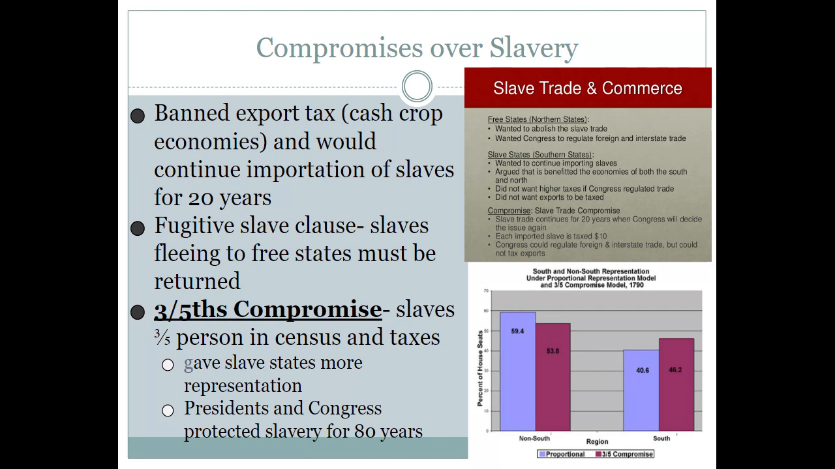In particular, you're going to see that 3/5 compromise. That is going to help states like South Carolina have tremendous representation for people who will never vote, people who were not free, people who were not legally considered people. So slave states are going to have tremendous power in Congress until the era of the Civil War because of this 3/5 compromise. And they are going to insist that slaves be counted as part of the census in terms